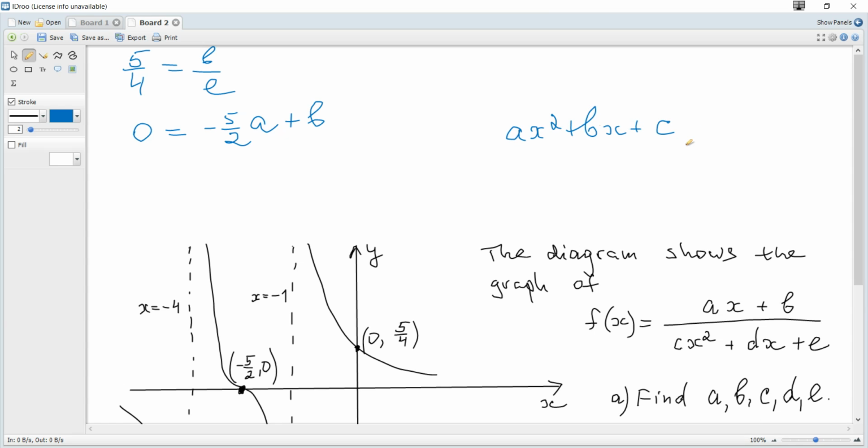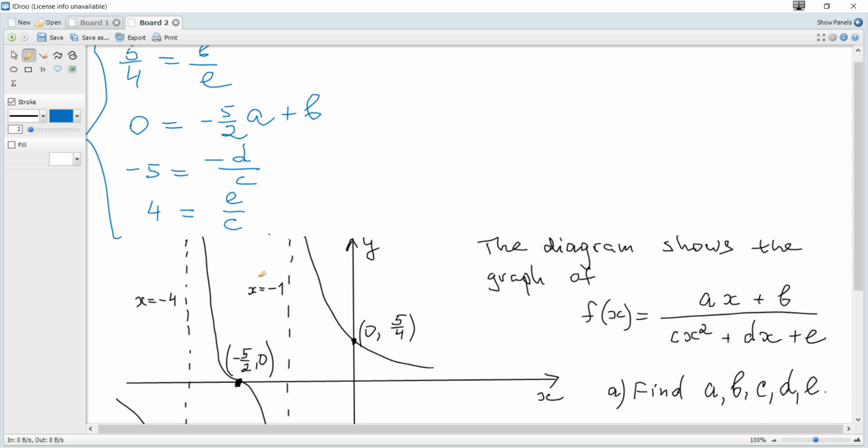But I want to use sum and product rule, and for usual quadratic ax squared plus bx plus c to be equal to 0, we know that the sum of roots is negative b over a and product is c over a. So here it becomes sum is negative 5, and sum is negative d over c, and product is 4, it's e over c,